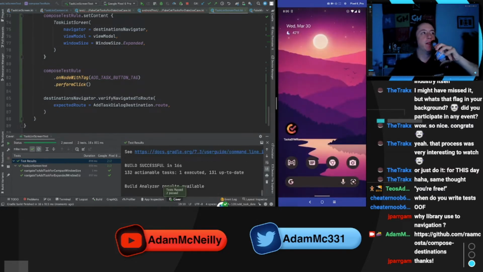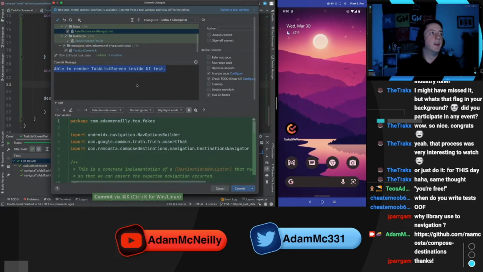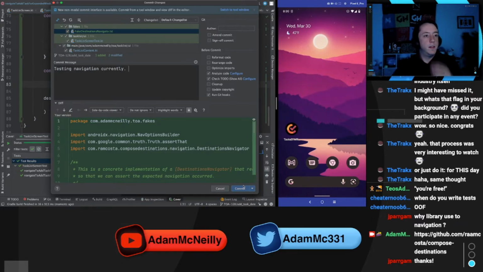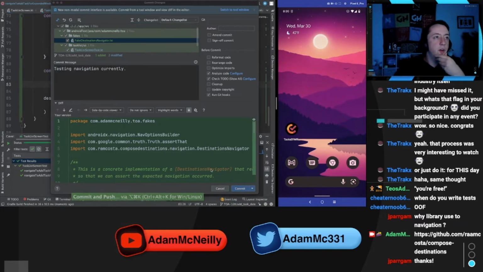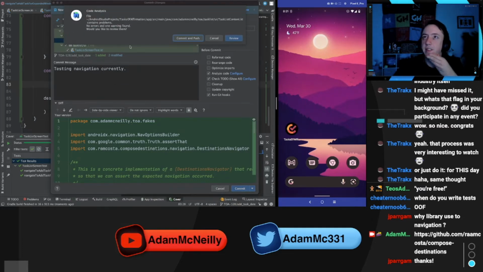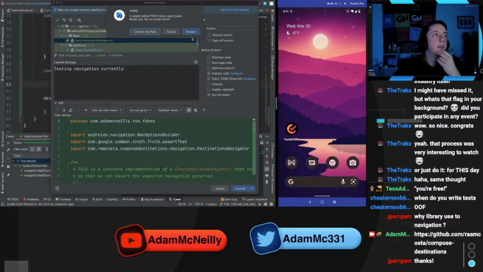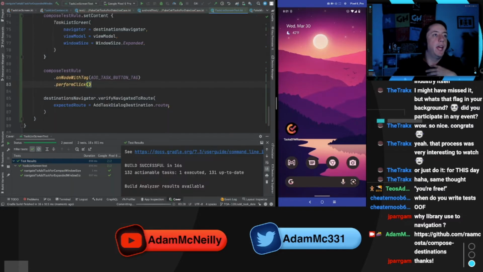Loving it. Okay, this is great. So let's commit this step and say testing navigation currently. So this is good. But if I were doing a TDD approach here, what would change is,